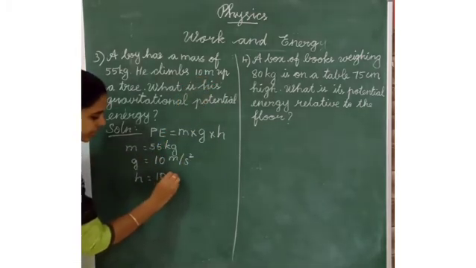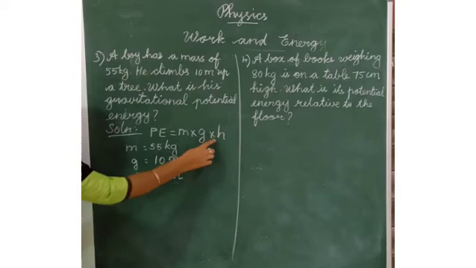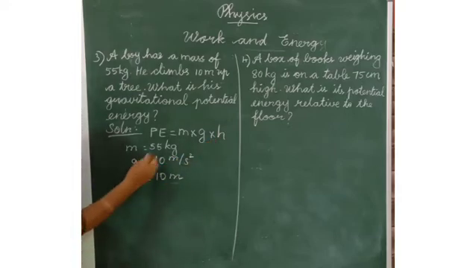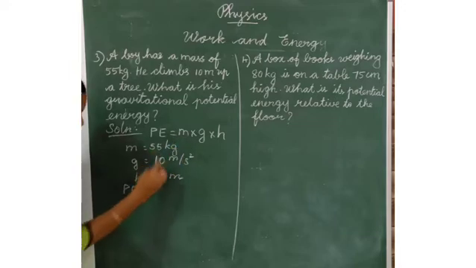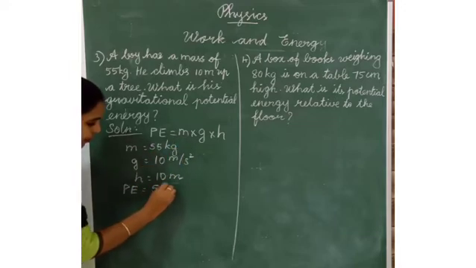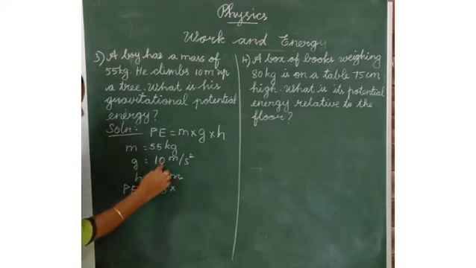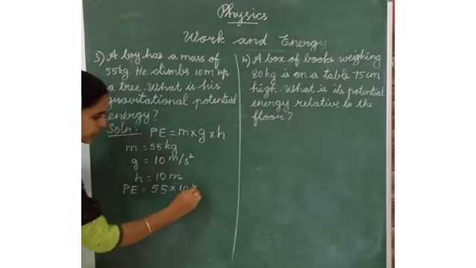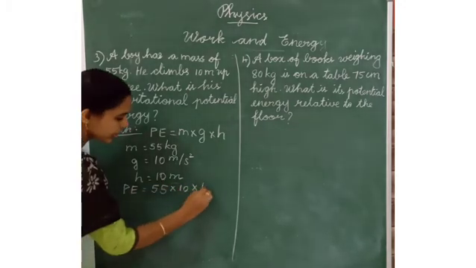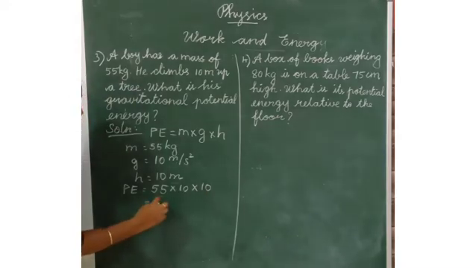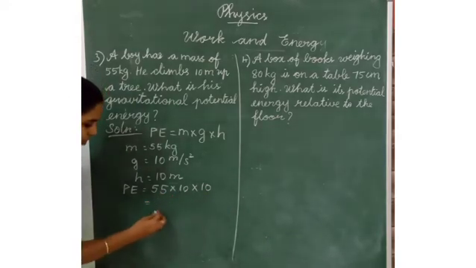This is the height. Now substitute the value here. Potential energy is equal to m, 55, into g, 10, into height, 10 meter. Now we have to multiply these numbers. 55 into 10 into 10,